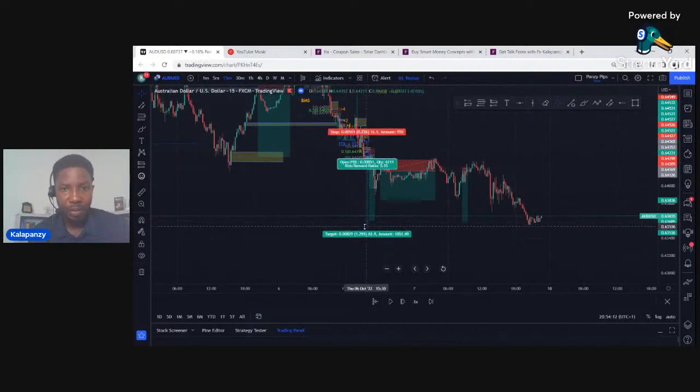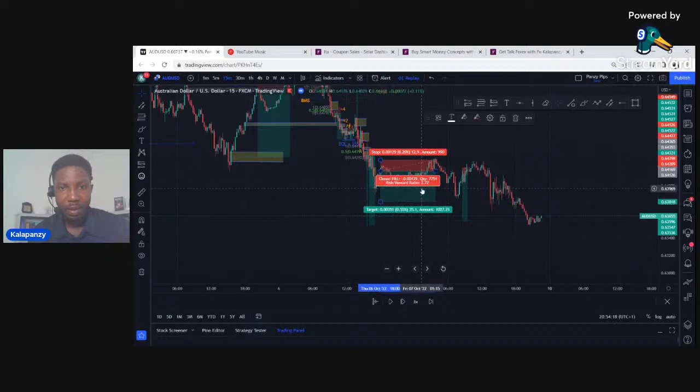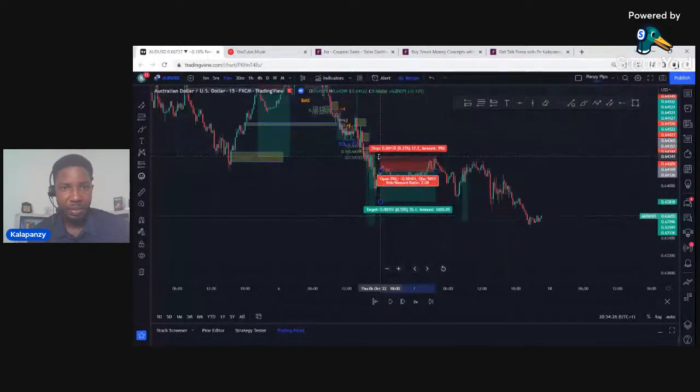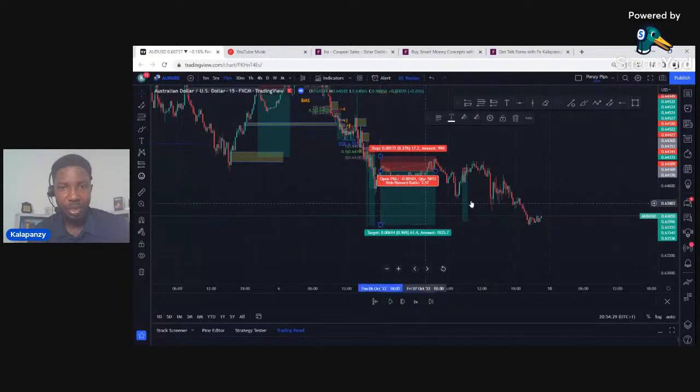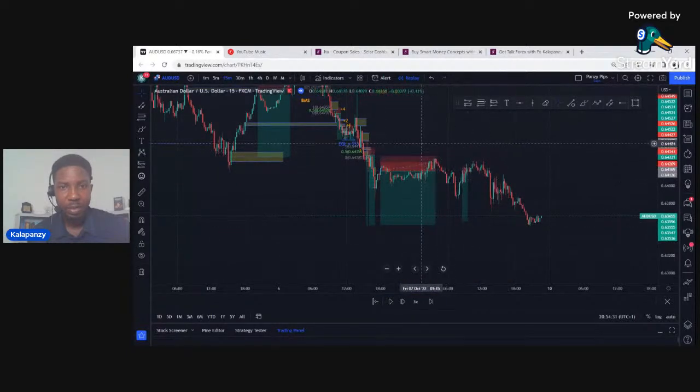So this gives us a beautiful 1 to 5. This gives us 1 to 10. This one was stopped out here. But if I had placed my stop loss like I usually would do, maybe 5 pips above this high, I would have gotten perhaps a nice 1 to 3. Okay, stopped out here. So this will be 5